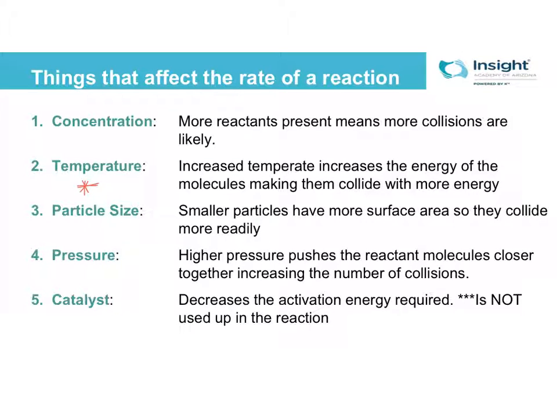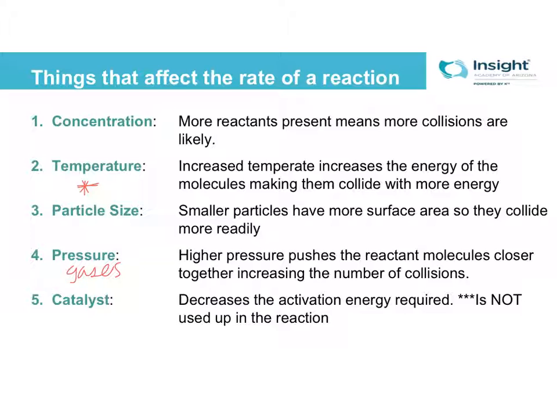So smaller particles are better because there's more surface area spread out among all the teeny tiny particles instead of just the surface area of the cube. Pressure, right? Higher pressure is going to force molecules into smaller spaces, which is going to make them more likely to collide. This is especially important for gases, just like it was